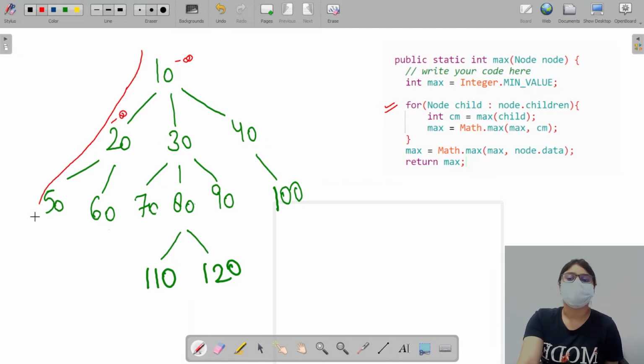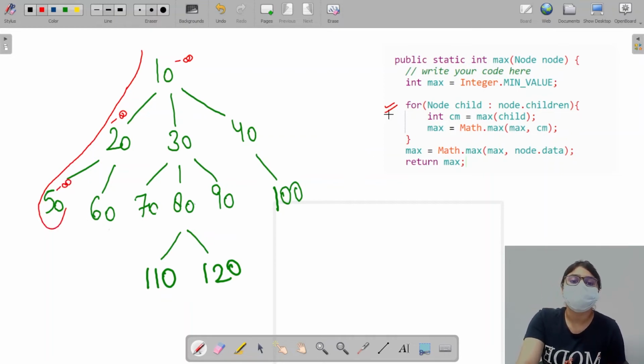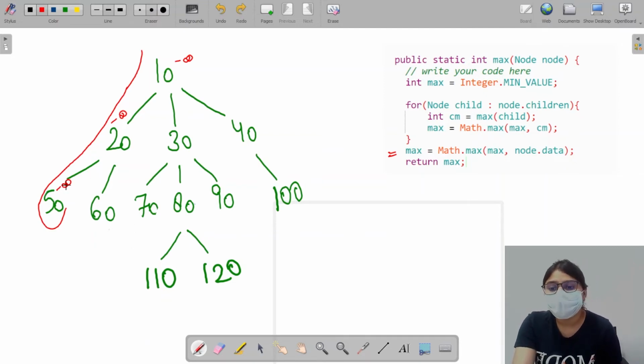It will make a call towards its children. Then again minus infinity. When we come back, because the loop won't work for 50 because it does not have any children, we come outside. We compare this max value, that is minus infinity, with node.data, that is 50. So we compare this value and it will get changed with 50. So now this is returning 50. So we'll write what it's returning in blue color. Okay, so we get 50 from here.